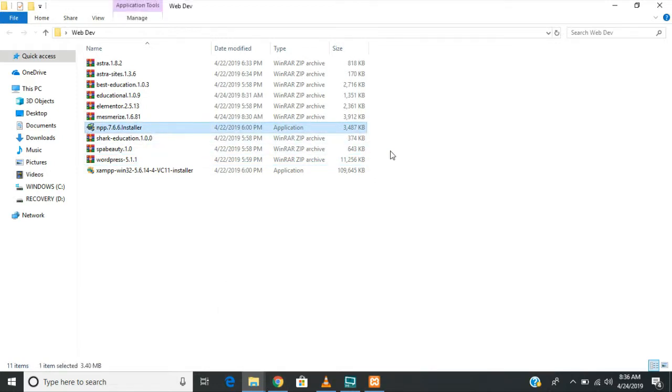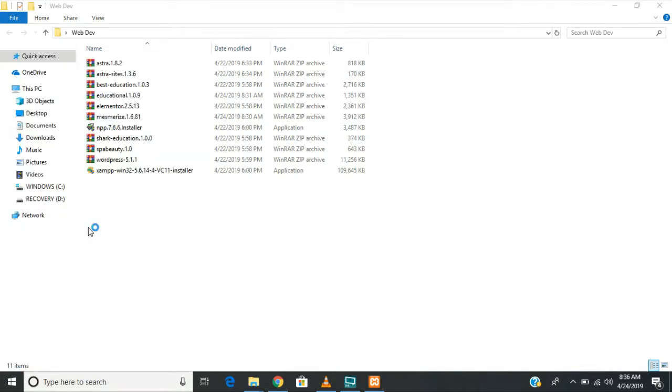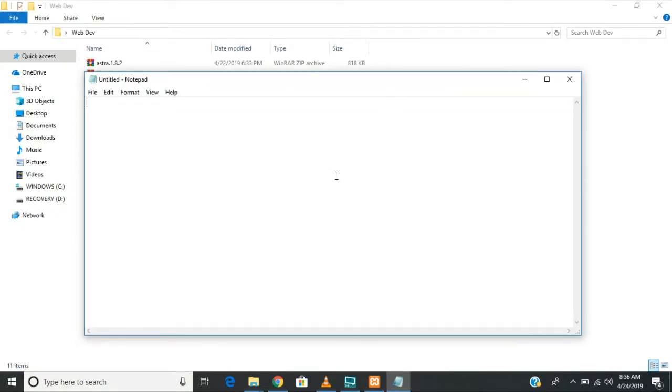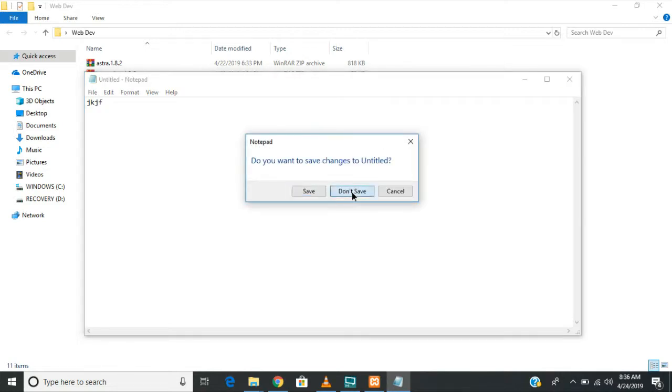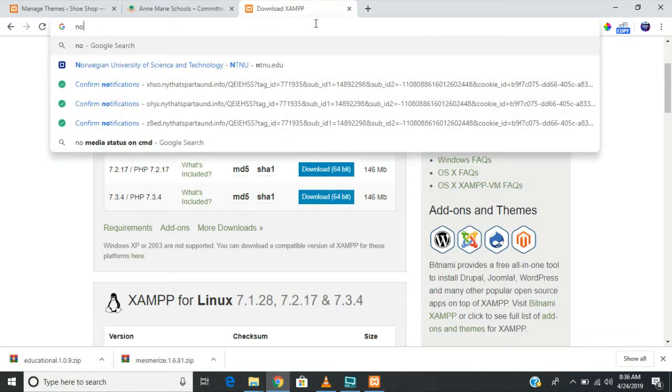This could come in handy. You can use the actual Notepad for this, which every Windows computer has, and you can use the traditional Notepad, but it doesn't really have a nice feel to it. So you might want to download Notepad++ and just go on Google, type Notepad++,